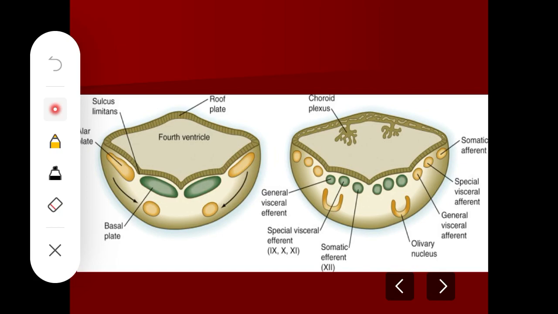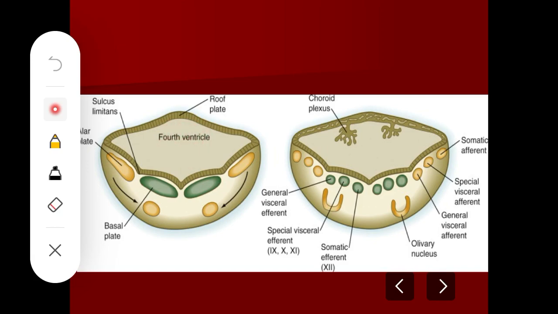Alar lamina actually should lie here dorsally. And now, as a result of the pontine flexure in the hindbrain, this alar lamina comes to lie lateral to the basal lamina, just as if you are opening a book. You got it? This alar lamina comes to lie lateral to the basal lamina, and this part now forms the